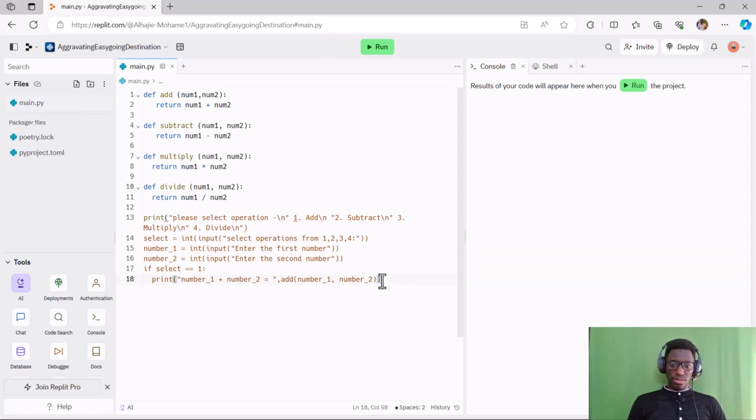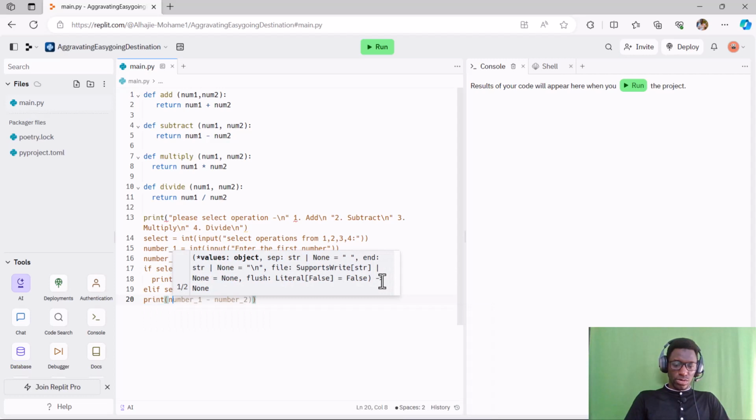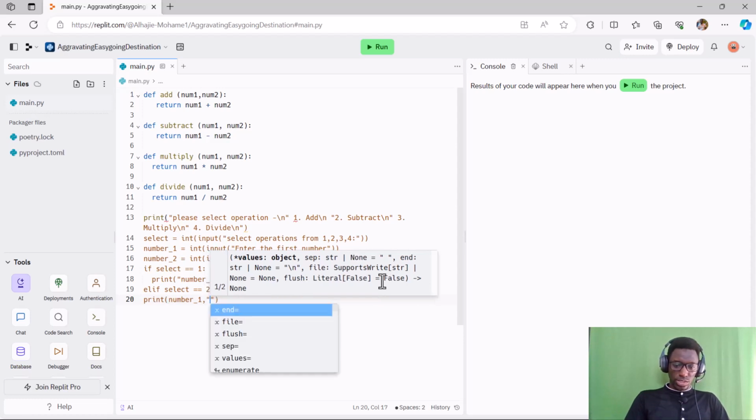So here from if, we use else if, okay, else if select, we select 2, okay, and we say print number underscore 1 comma, okay, then you know if we want to use multiplication sign, so here in this case we want to use subtraction sign, use minus,